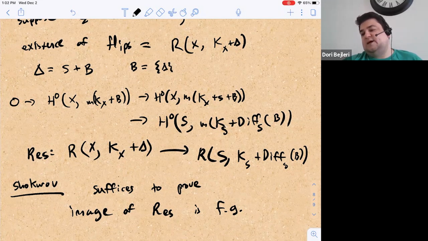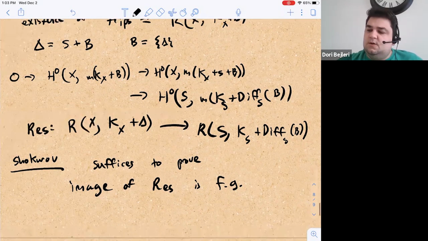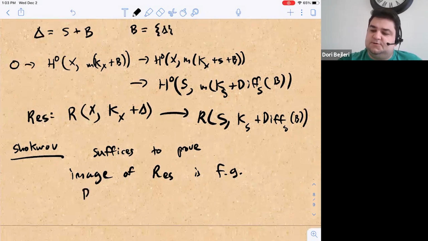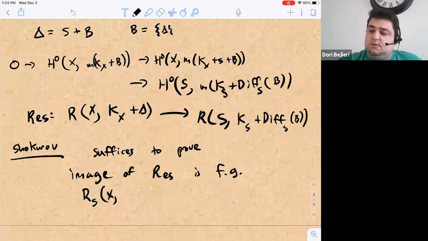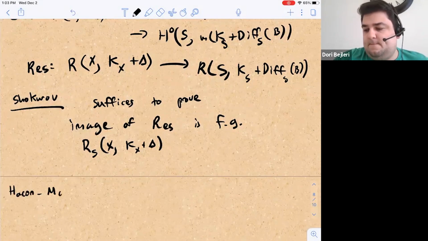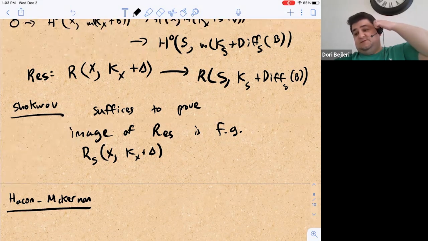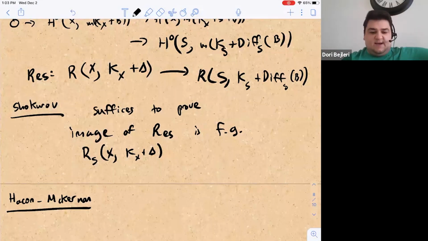But this map isn't going to be injective in general, because B can be anything. It's just the rest of the boundary. So it's not going to be surjective in general. And so Shokarov pointed out that we just need to prove that the image of this restriction is finitely generated, and he called this the restriction algebra. So using this inductive idea that for these prelimiting flips, kind of all the action is happening inside of S,